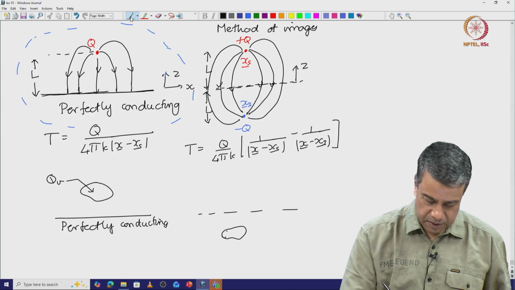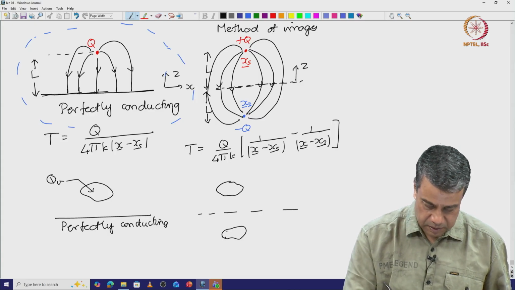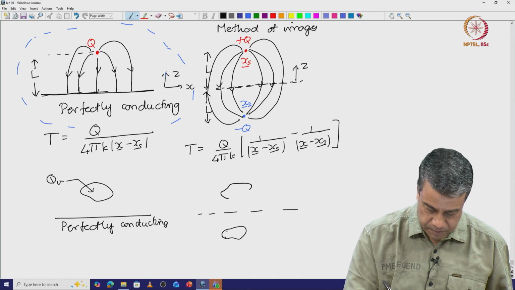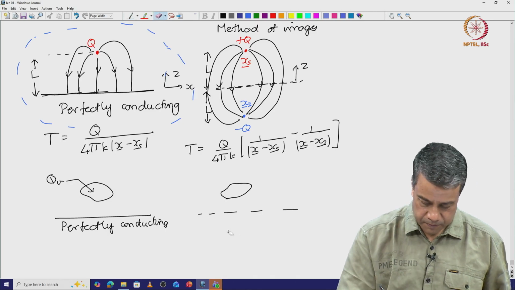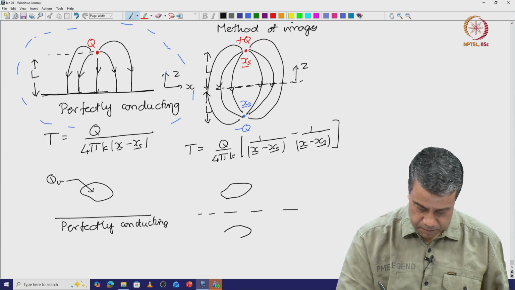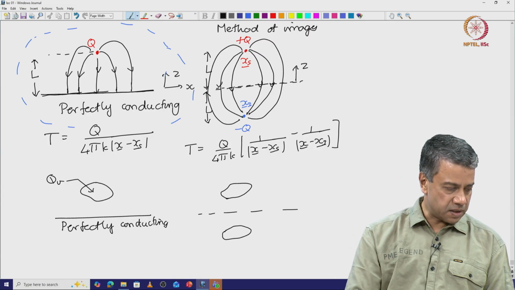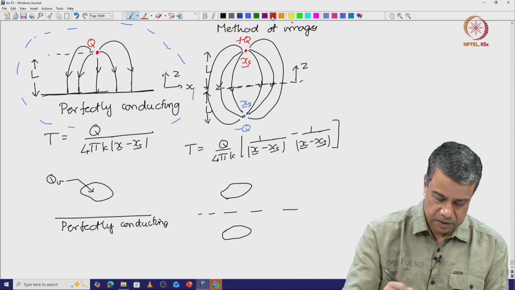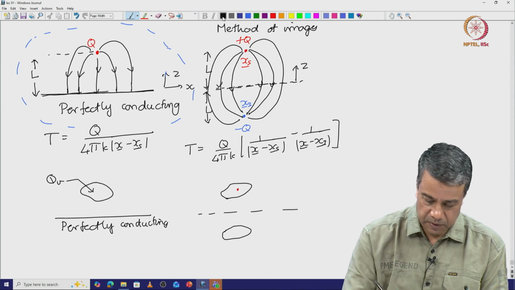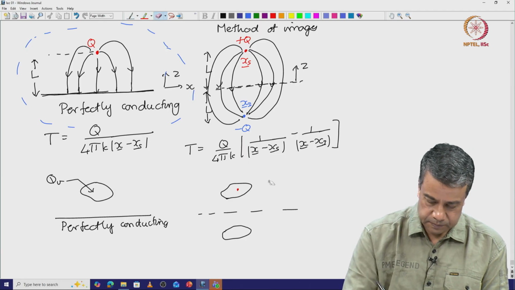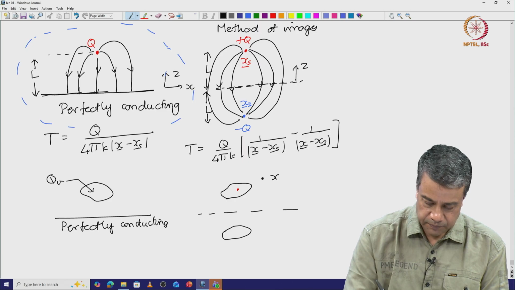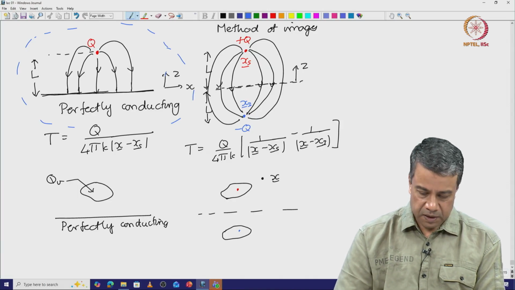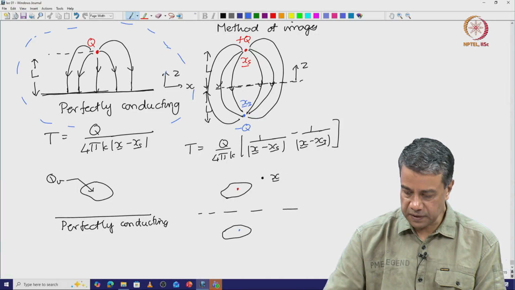Let me try to draw the image a little bit better. These are exactly of the same shape, they are mirror images of each other. So, if I have a source here, and I have an observation point here, x vector, then there is an image of that source at this point. Therefore, the temperature field can be expressed as,